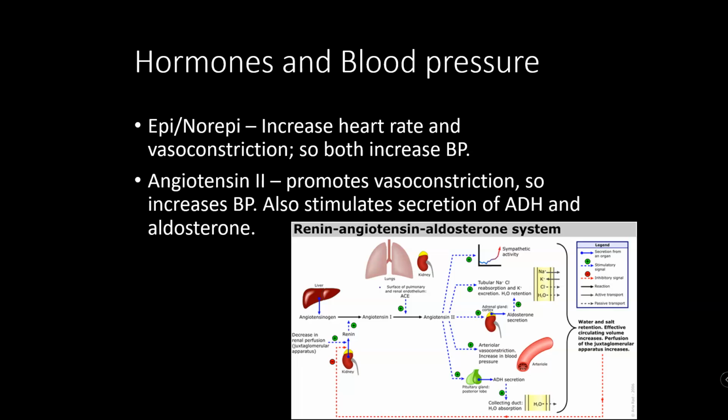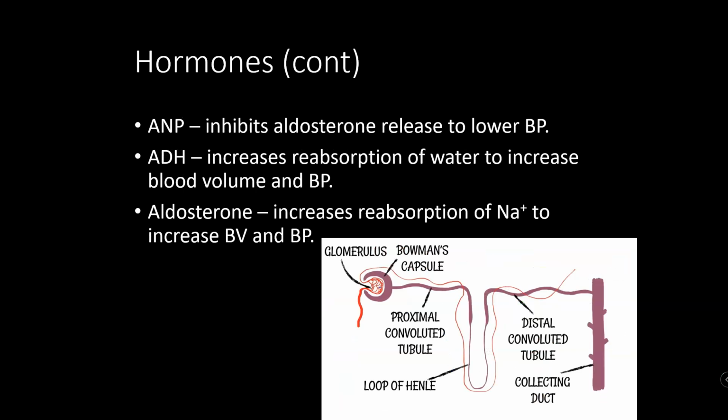These hormones and their effect on blood pressure we hit back in chapter 16, so just a really quick refresher. The catecholamines are going to increase your blood pressure by increasing heart rate and vasoconstriction. Angiotensin II by itself will cause vasoconstriction, but it also will get converted. It plays around to make you release more ADH and aldosterone. ANP is the one thing that helps you try to lower your blood pressure. ADH tries to keep it up. Aldosterone tries to keep it up. They do that by helping you reabsorb water and sodium respectively.